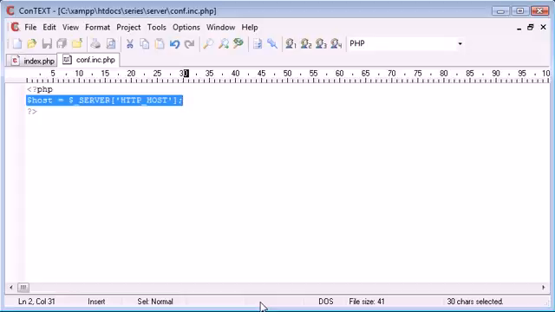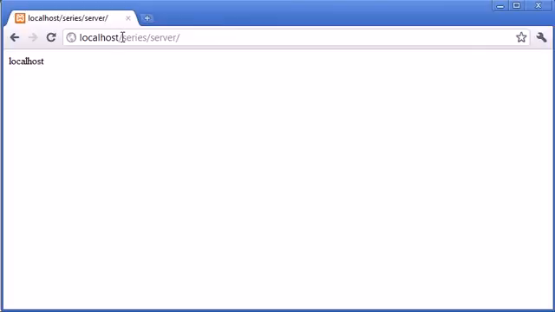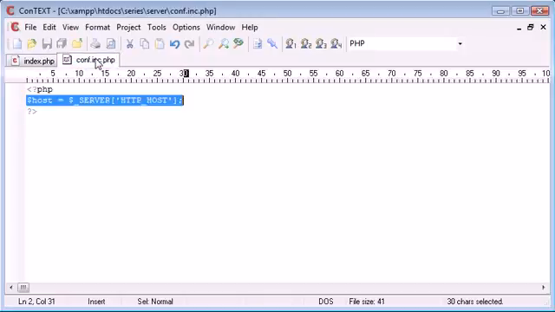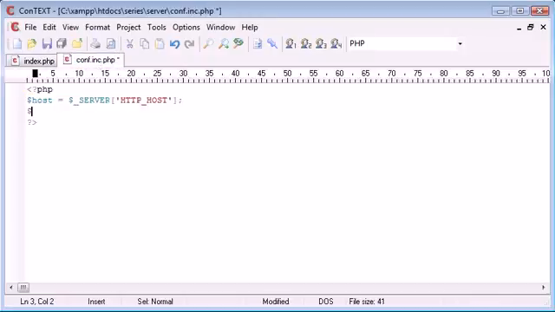Let's say at the moment I've got it on localhost and I'm developing it. All my pictures, for example, for a template system are going to come from localhost/something. At the moment the URL I'm running under is localhost/series/server. So what I could do is say host equals this, however, template or images equals $_SERVER, no, it would be host because we've already defined that, host, and then we can append